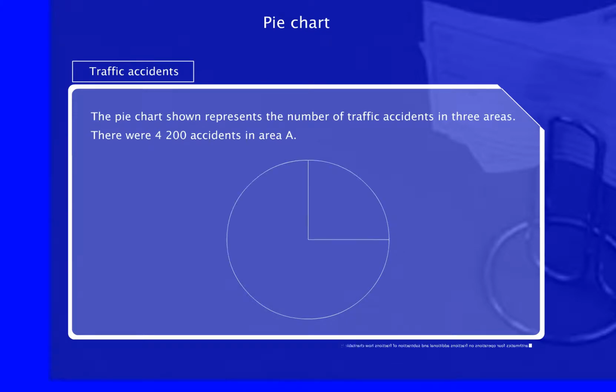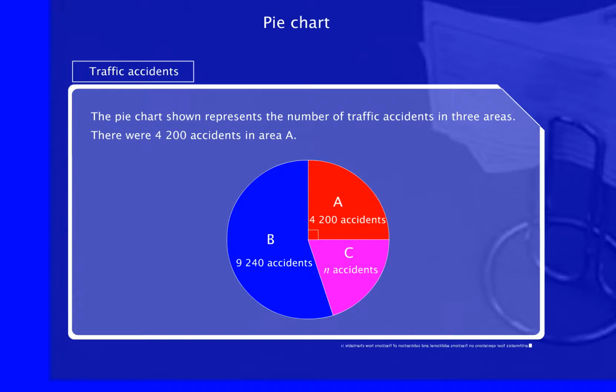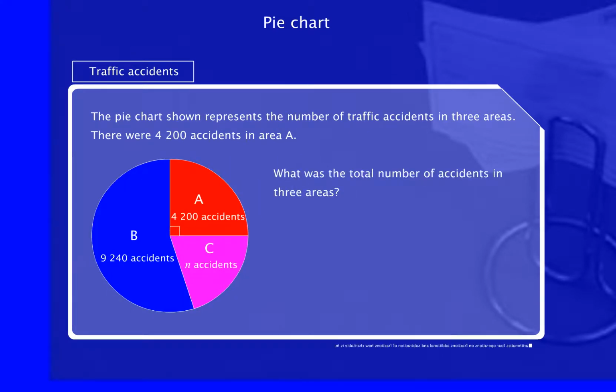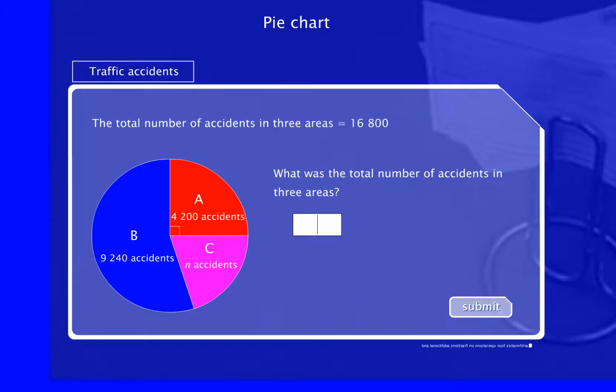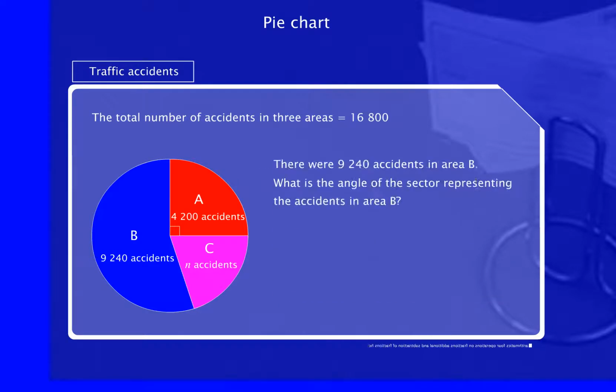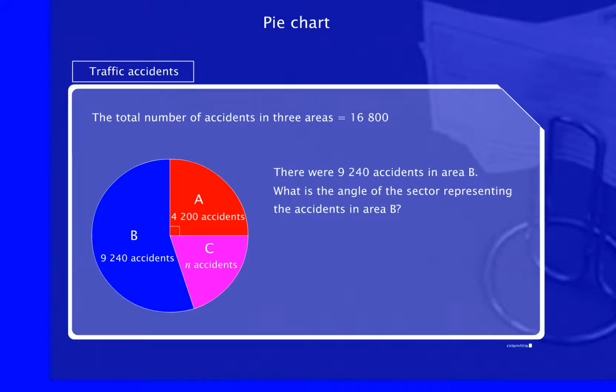The pie chart shown represents the number of traffic accidents in 3 areas. There were 4,200 accidents in Area A. What was the total number of accidents in 3 areas? There were 9,240 accidents in Area B. What is the angle of the sector representing the accidents in Area